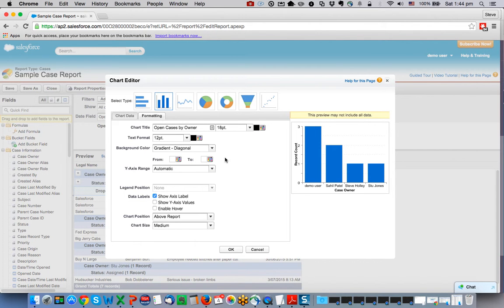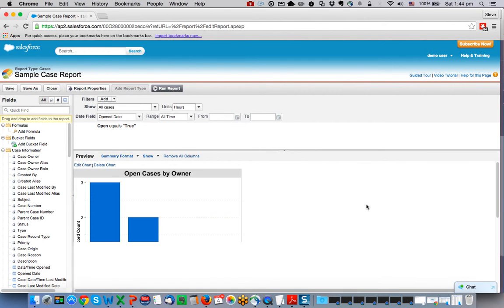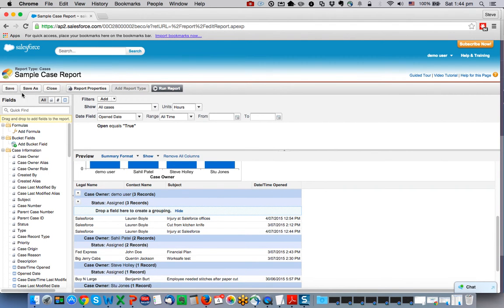And I can do other stuff there and change and maybe enable hover, and if I had a legend I can change where that is. You can play around with that as you see fit. Clicking OK puts that chart now into the actual report, so I have it accessible and have the data down below. So again, let's just save that